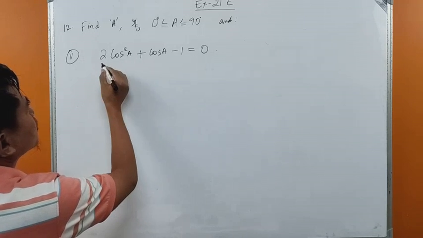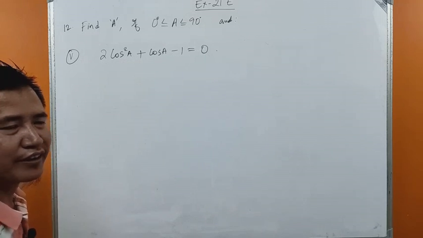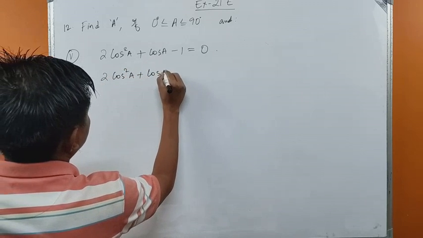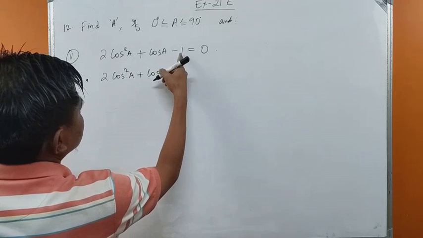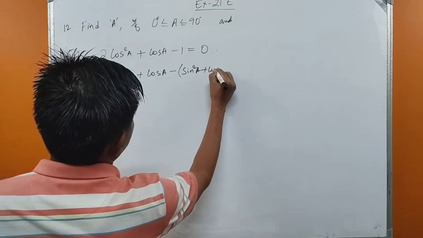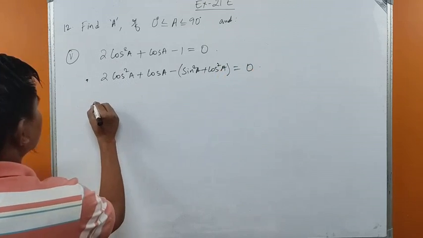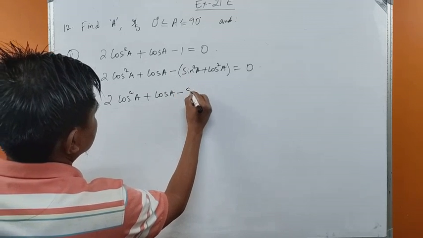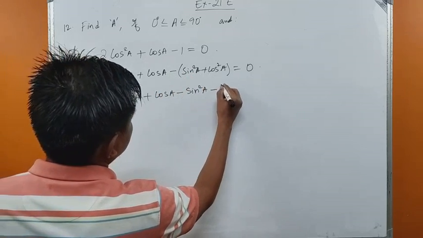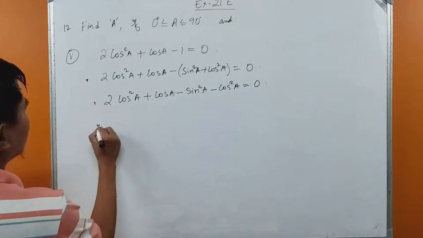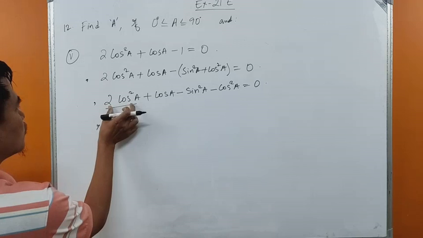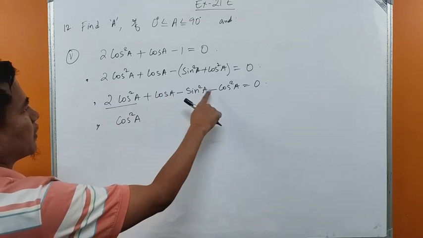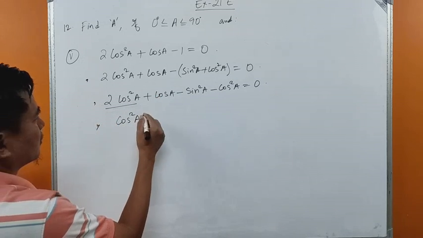This is the equation given to us: 2 cos square A plus cos A minus 1 equals 0, and from this we are asked to find the value of angle A. So, 2 cos square A plus cos A, and this minus 1 we can write as minus of sin square A plus cos square A, equals 0. So 2 cos square A plus cos A minus sin square A minus cos square A equals 0. 2 cos square A minus cos square A is cos square A, isn't it? So this is plus cos A